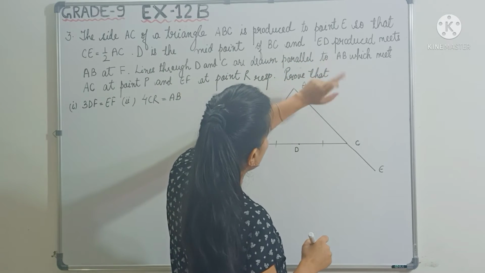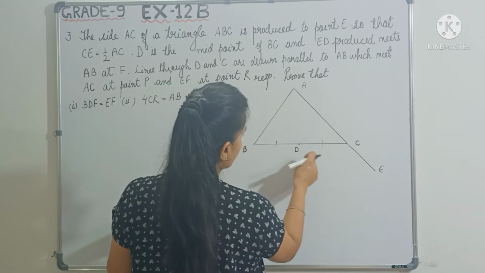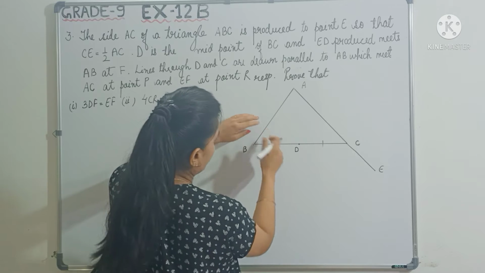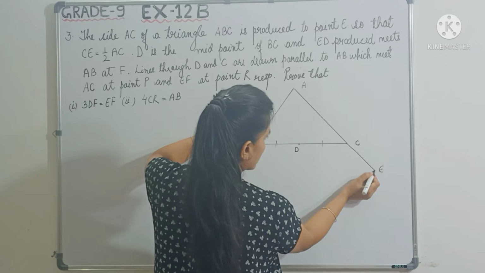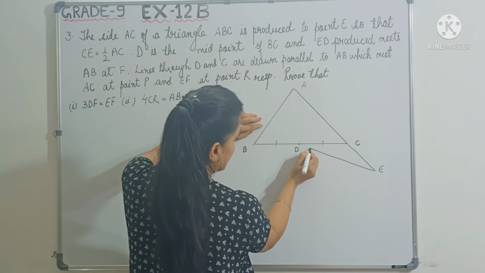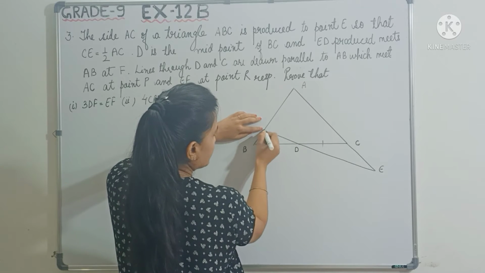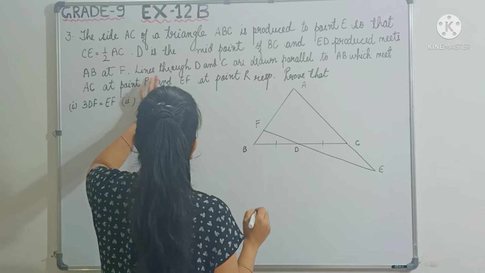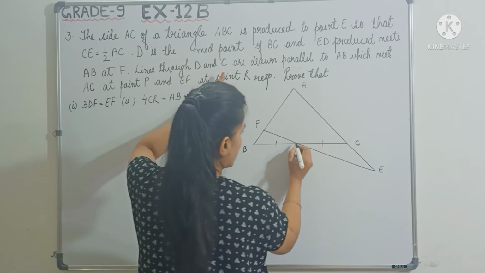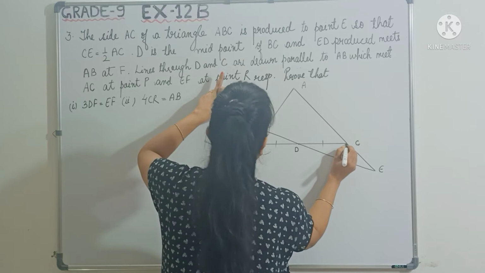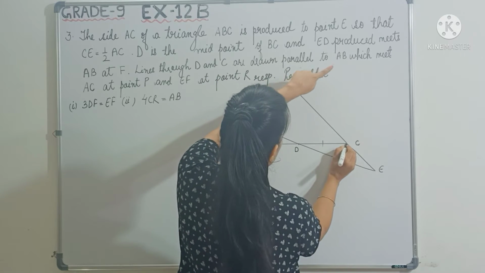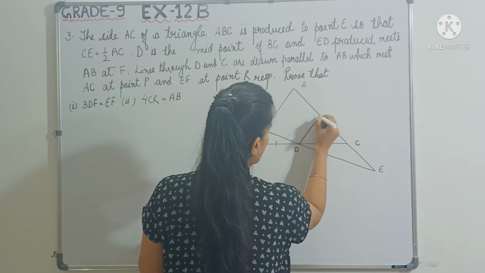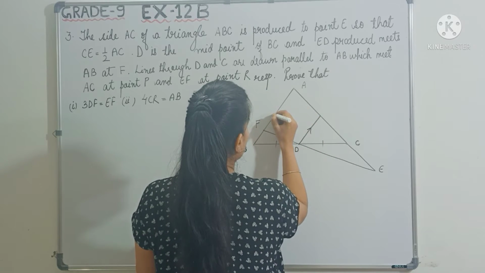And ED is produced meets AB at F. Okay, so you have to produce ED so that it meets AB at F. Lines through D and C are drawn parallel to AB. Okay, so from here we have to draw a line parallel to AB,